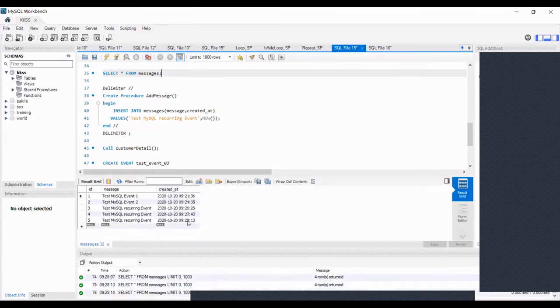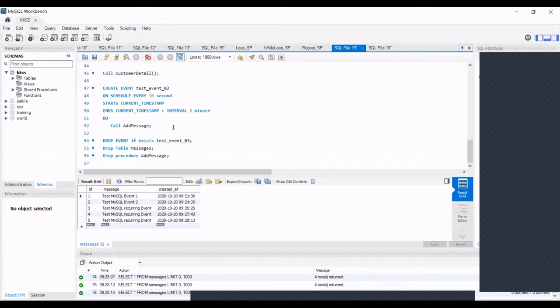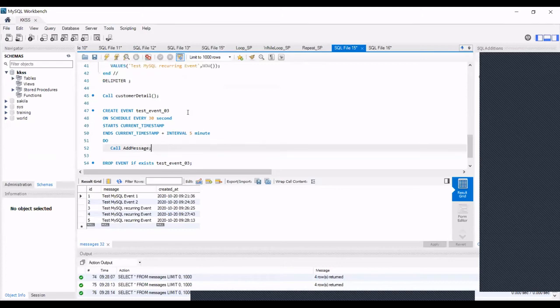Now at 20:13 we have the next record, and it will continue till the 5 minutes are over. So it will continue till 9:30 to 43, where we'll have our last record. Okay, this was the way by which you can schedule any event or any query. So in the do command you can call your stored procedure if you want, or any query. Any doubt in creating the procedure, creating an event?